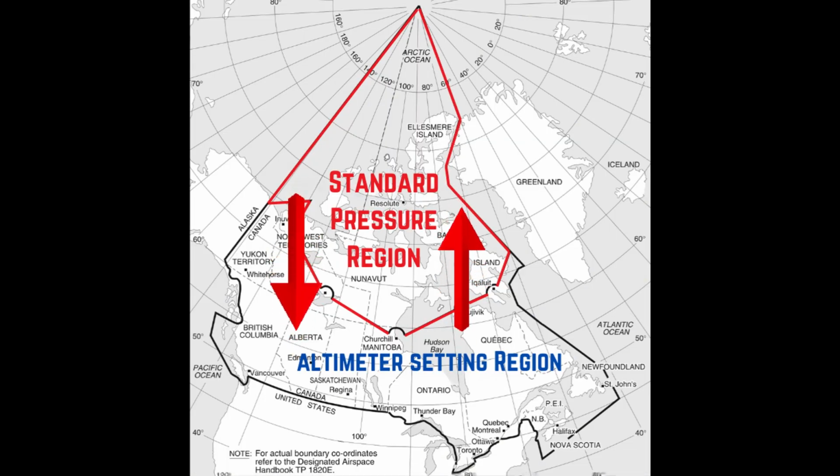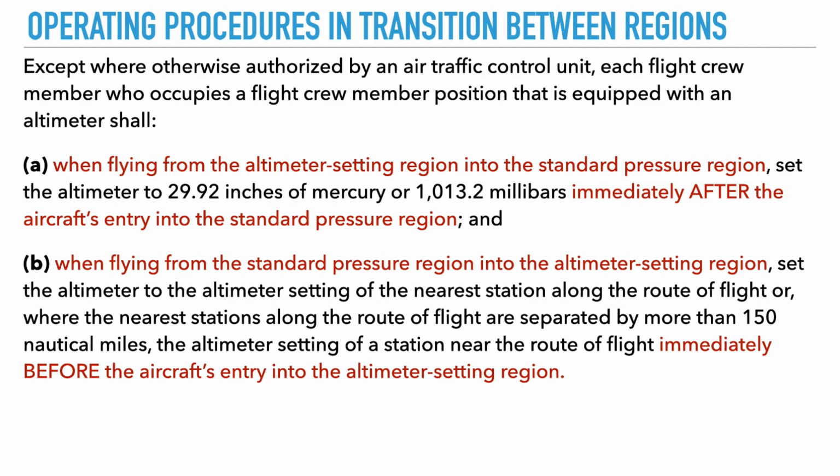standard pressure region. Except where otherwise authorized by an air traffic control unit, each flight crew member who occupies a flight crew member position that is equipped with an altimeter shall, when flying from the altimeter setting region to the standard pressure region, set the altimeter to 29.92 inches of mercury, immediately after the aircraft's entry into the standard pressure region. And when flying from the standard pressure region into the altimeter setting region, set the altimeter to the altimeter